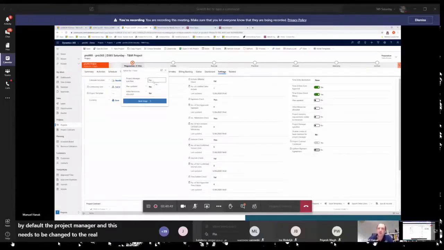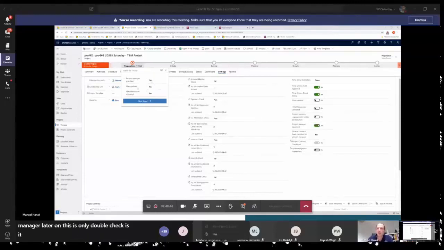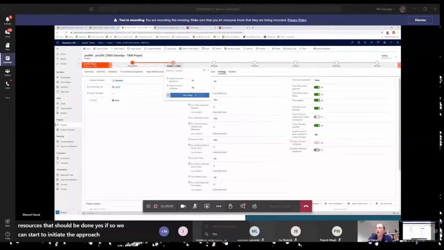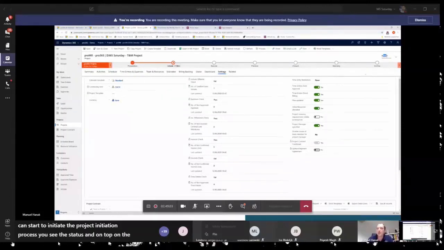And this is only to double check: have we done that? Is the plan updated? Yeah, this should also happen at the beginning. And is the initial planning for the resources done? Yes. If so, we can start to initiate the project, the initiation process. You see the status on the top right is updating according to the state of the business process